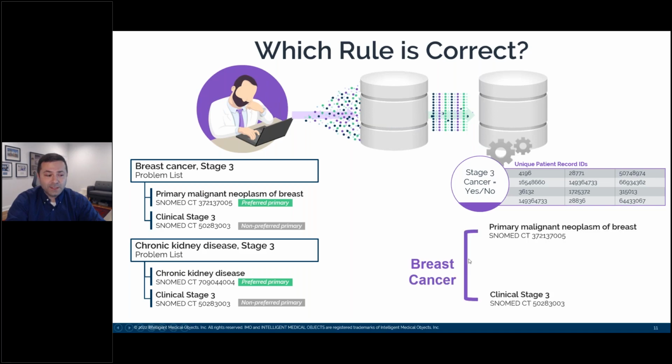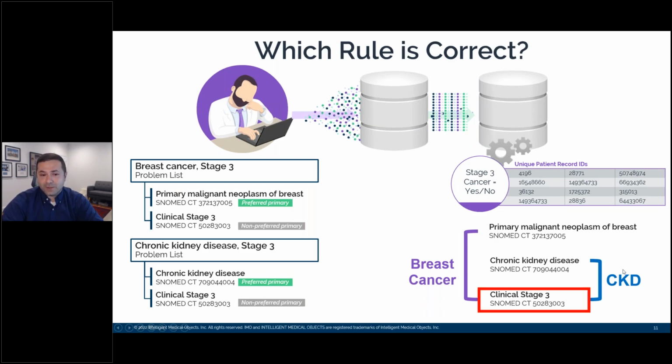Take the two SNOMED codes that are part of this, and again, required to be captured, but in many cases, only a primary SNOMED code might come along for the ride. But let's assume even both codes do come along for the ride. Breast cancer shares the same stage 3 SNOMED code as chronic kidney disease. So if you're tuning the algorithm to focus on the stage 3 code to try to find your patient populations, you will get a larger inclusion criteria onto the patient population than you would if you were to focus on the clinical expression itself. And this is the problem with healthcare.